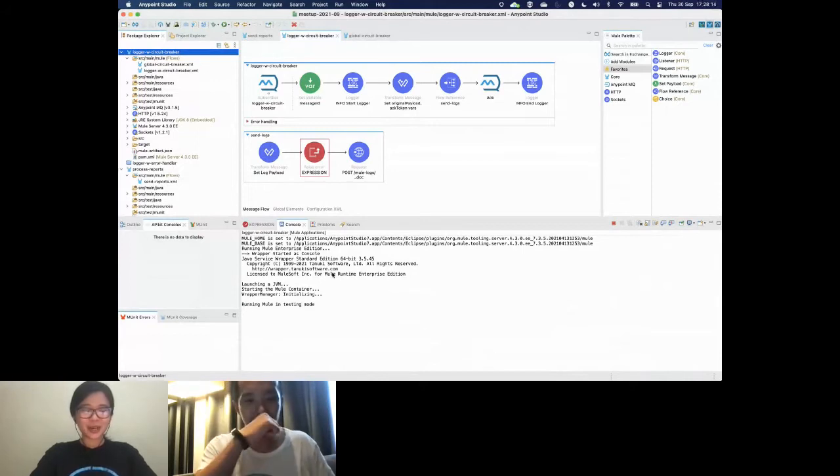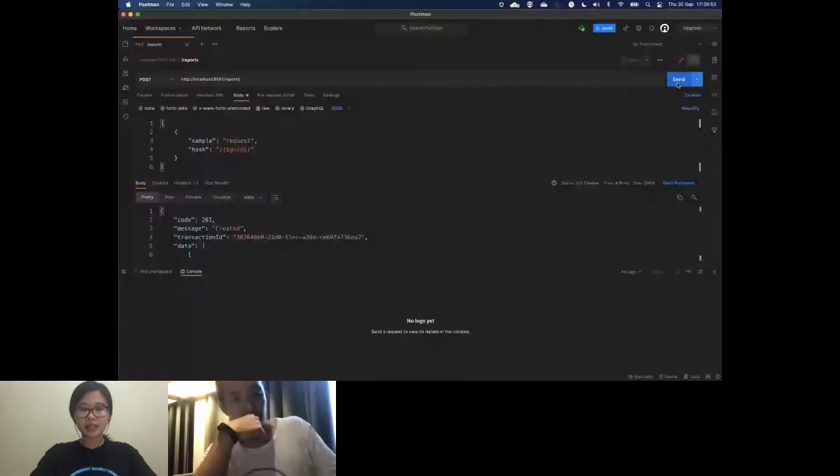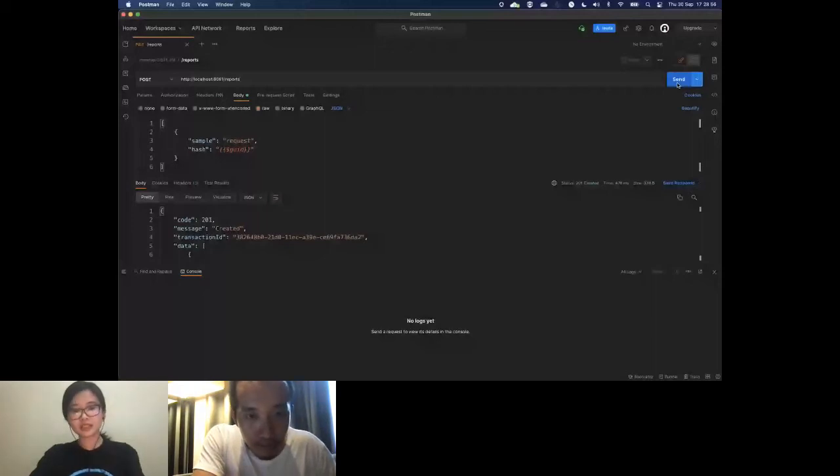Okay, so we are pointing to the circuit breaker and it's a Mule expression error. Let me clear my logs here. I would be sending 2 subsequent messages, which would then be equivalent to 4 log messages. If you remember, the threshold we are monitoring is 3 errors. So, 4 log messages.